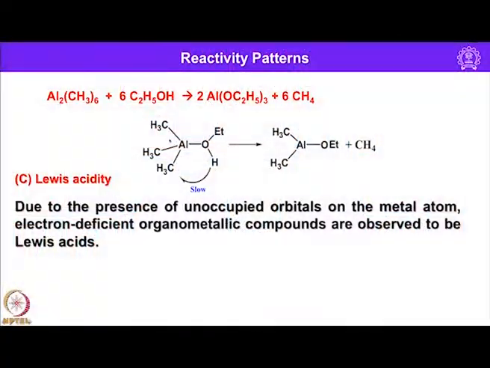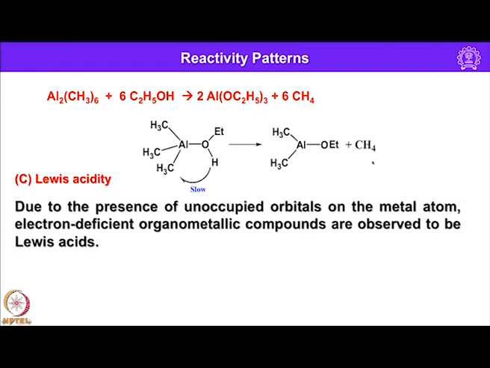Since here this dimer breaks, as a result one coordination site is vacant, that is occupied by the oxygen lone pair, and then this H moves towards this one in the slow step to form dimethyl aluminum ethoxide through the formation of CH4. This continues, and if another equivalent of ethanol comes, eventually ethoxide groups replace all methyl groups and they come out as methane.